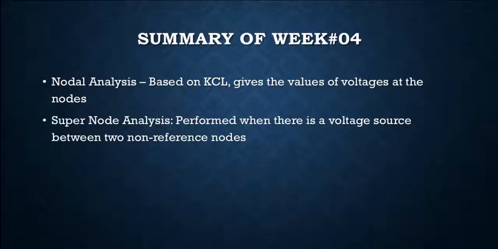And then we found out that if there is a voltage source present in nodal analysis, and it is present between two non-reference nodes, then it becomes the case of a supernode analysis, and it is solved by short circuiting the voltage source. Then we have one or two equations short, and we found out the remaining equations by applying KVL to the loop containing the voltage source, right?